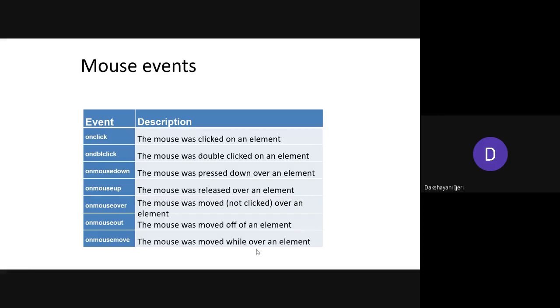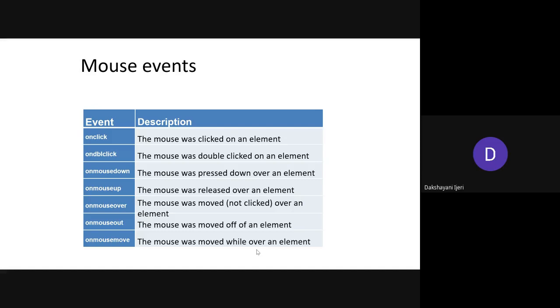Okay, so what you will do with the mouse when you operate it on any web page: the kind of usage of the mouse is clicking and double clicking. You can scroll down, you can move the mouse pointer up and down, and you can move the mouse pointer from one location to another, which can be considered as on mouse over and on mouse out, that is, moving the mouse cursor onto one position and getting the same cursor out of that position, and just moving the mouse randomly over some locations.